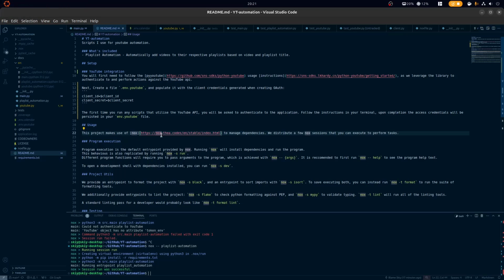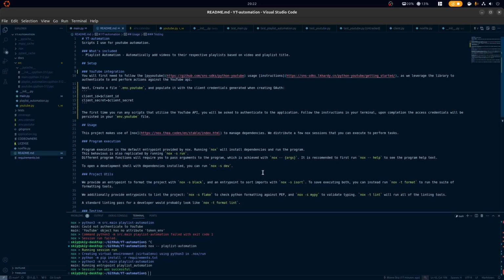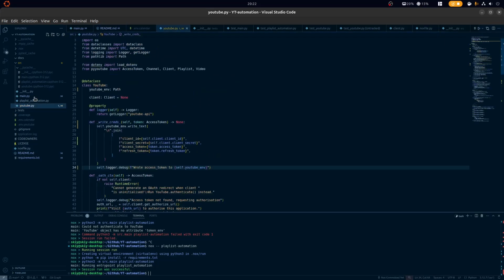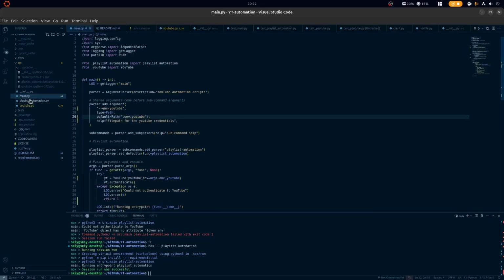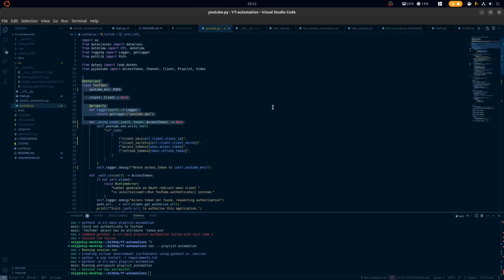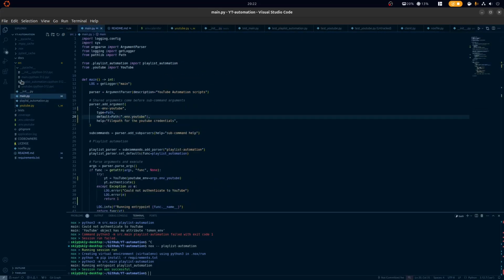I'm not in an identical version of the repo that you saw in the previous episode, and you can probably tell by the README being populated by instructions. Between this time and last time, I wrote some tests and better formatted docs, and I split out from the main file into actual playlist automation and YouTube client library that we're going to be using. And also added some argument passing.